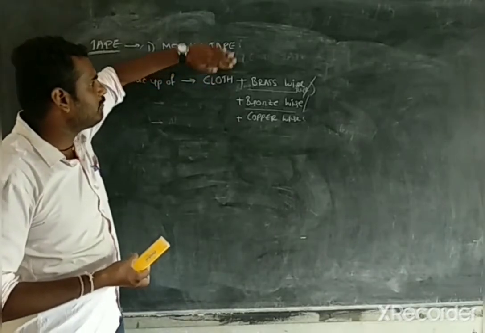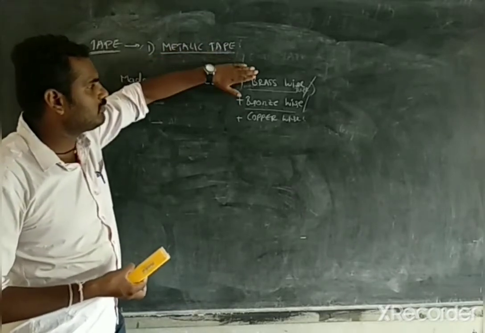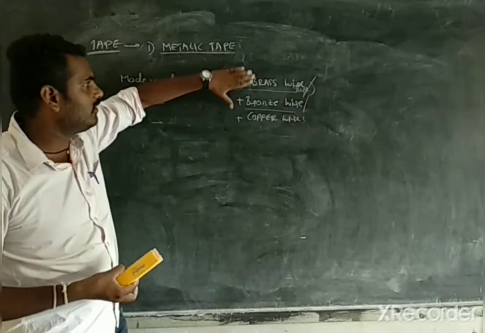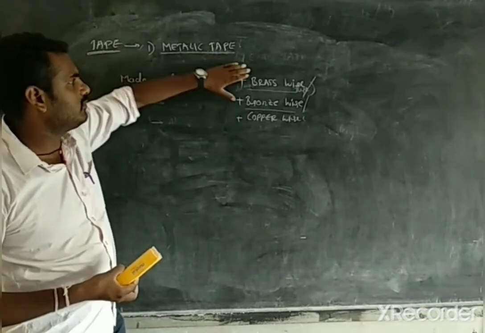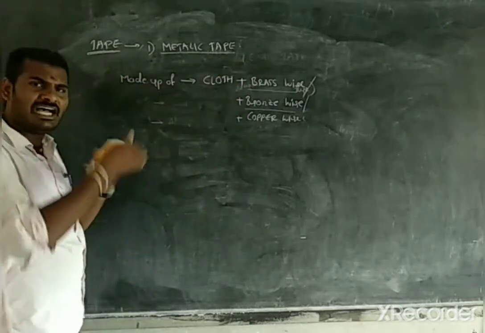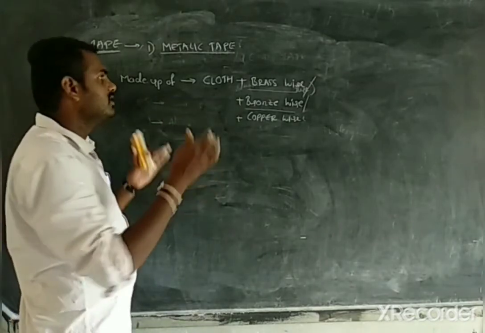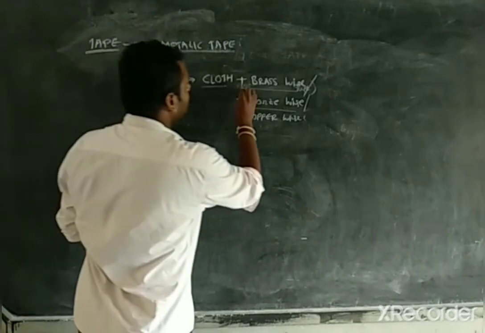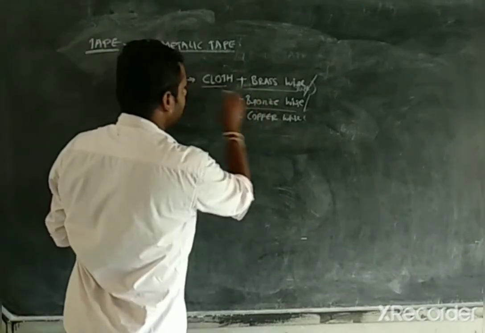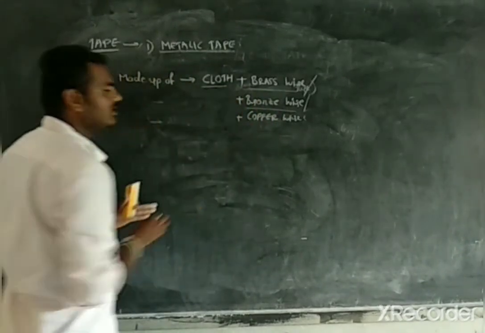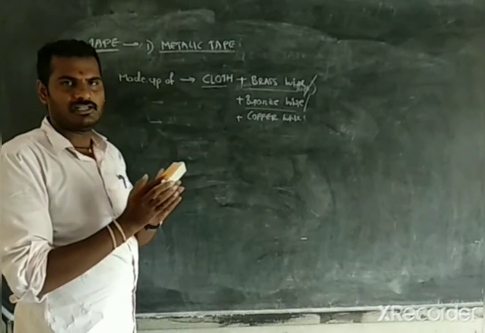Compared to cloth, brass, bronze and copper are all metals, so they have greater stretching resistance as well as shrinking resistance. Therefore the combination of cloth with brass, bronze or copper will give us good results